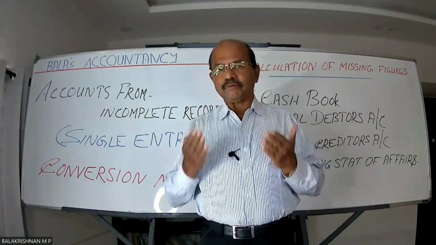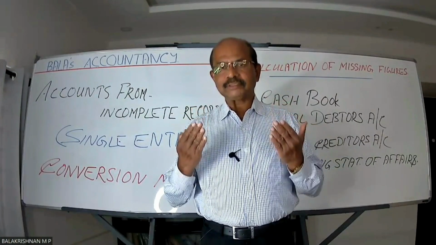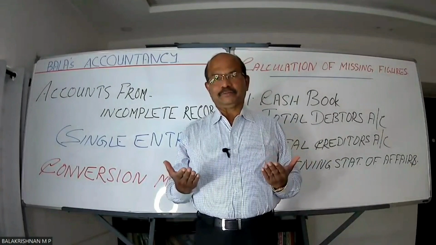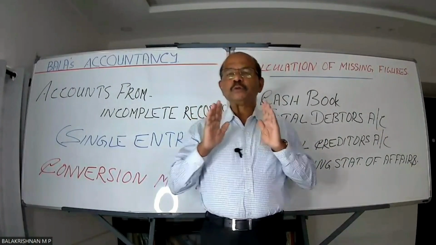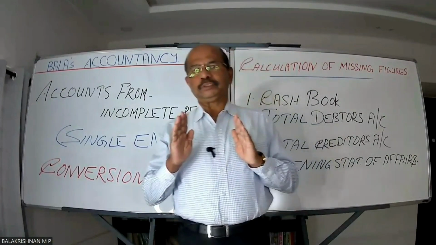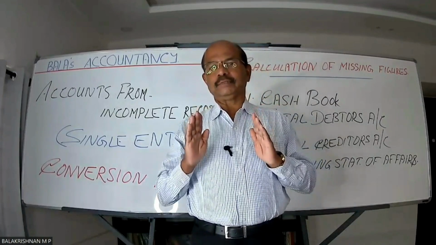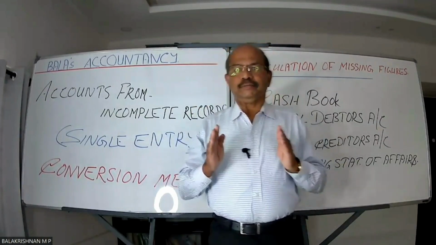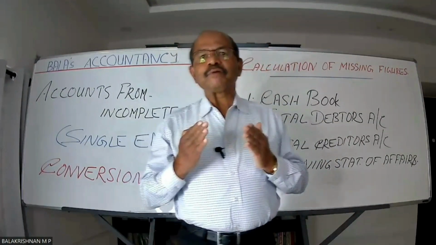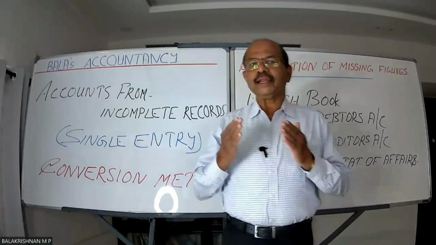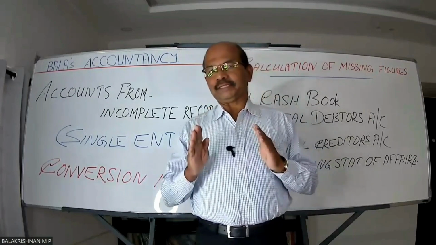The conversion of single entry into double entry, in actual practice, will be done by preparing the following: opening statement of affairs, cash book, subsidiary books, and certain other accounts. There may be certain other transactions too, of which no record is kept in the books. All such transactions must be journalized and posted. And eventually, after preparing a trial balance with the help of ledger balances, final accounts are prepared. Well, students, this is in actual practice.